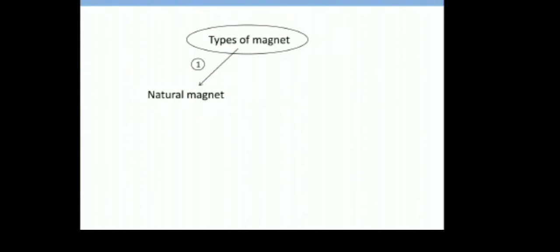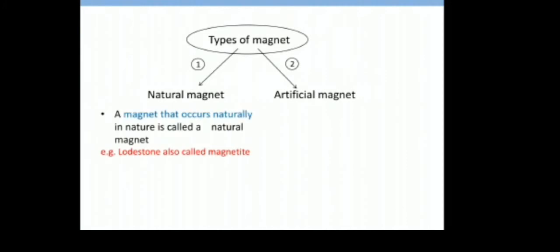So we call such magnets, which are not made by us, natural magnets. All the magnets that we made after the discovery of a magnet, we found out so many things about it and started making it and doing new things with it. Then what is a natural magnet? A natural magnet is nothing but a magnet that occurs naturally in nature. Automatically it is coming out of earth or it is found. Such a magnet is also known as a lodestone or magnetite. Magnetite is a mineral ore. I hope you remember when we discussed it in the previous class.